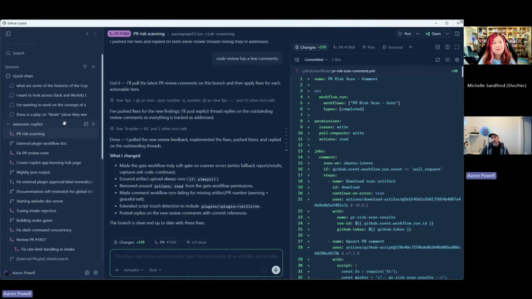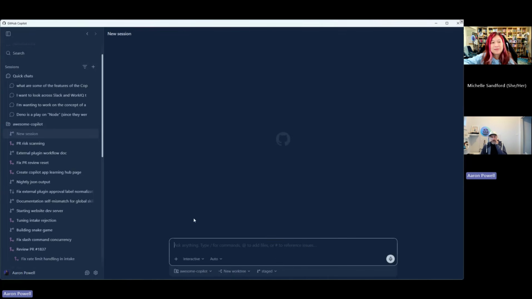But something you said earlier, like, why would I use this as a workflow as opposed to, say, spinning up a new codespace to continue that session, or the browser-based chat with Copilot? One of the reasons you might want to use this as opposed to any of our other Copilot experiences is that every time you start a session on a repo, and let's create a new session here on Awesome Copilot just so I can show where these options are, by default, it's going to suggest that you start a session with a new work tree.